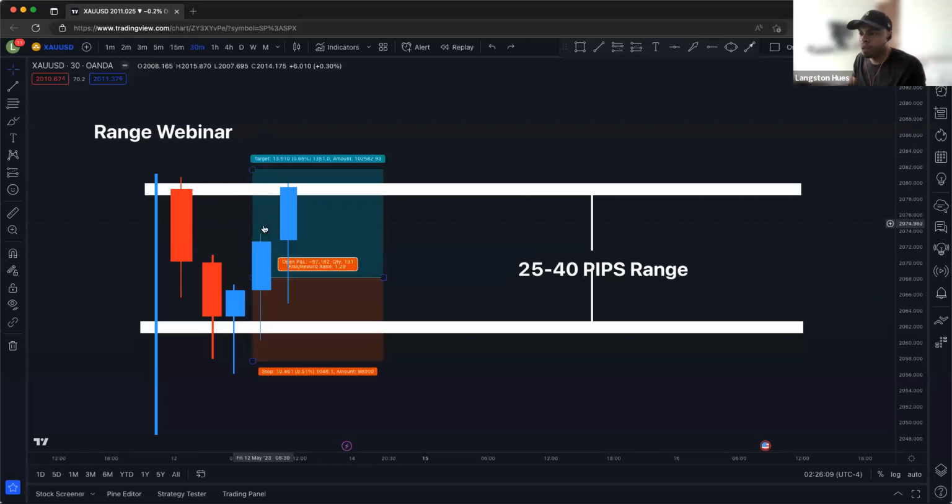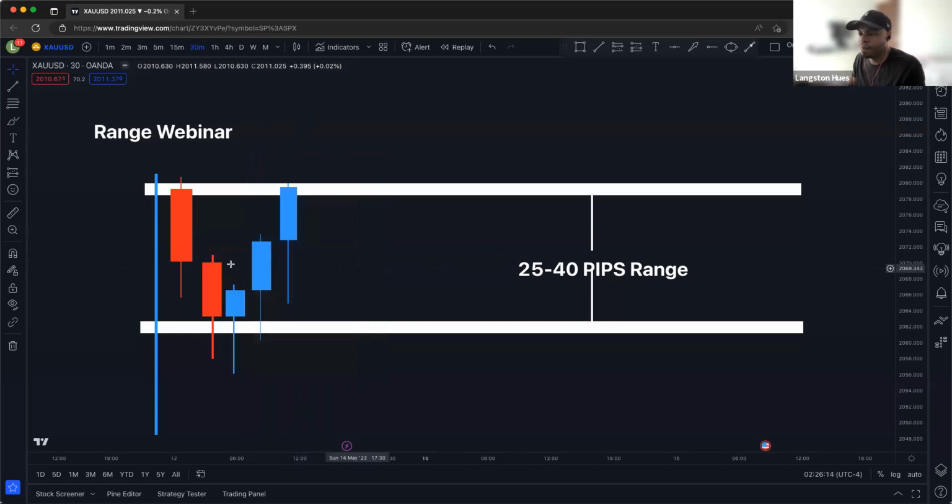All right. So, range. We need to know where the range is, it's vital, because this range is the foundation of our trading style, and it's how we trade the market, right? Sorry, that was wrong. It's how we trade the market. So we need to know about the range. Any questions before I move forward?